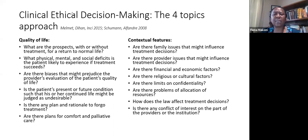Are there any limits on confidentiality? Are there problems of allocation of resources? And how does the law affect treatment decisions in this particular case? And is there any conflict of interest on the part of me, the provider, or the institution if you are working under an institution setup? So colleagues,